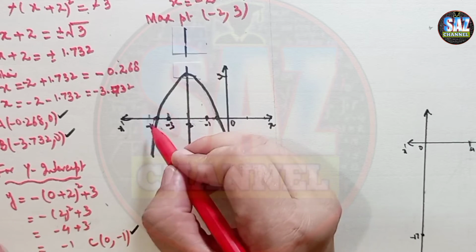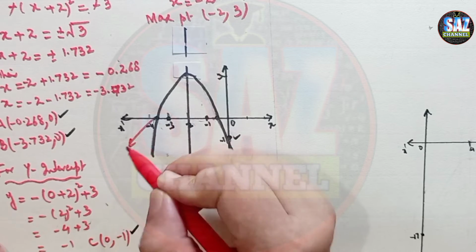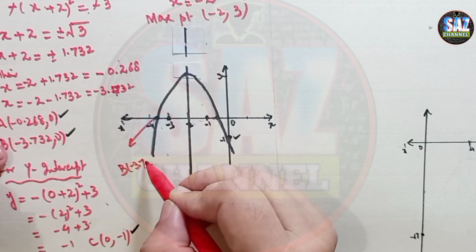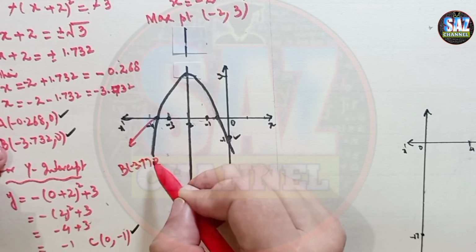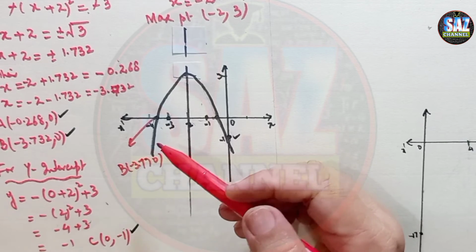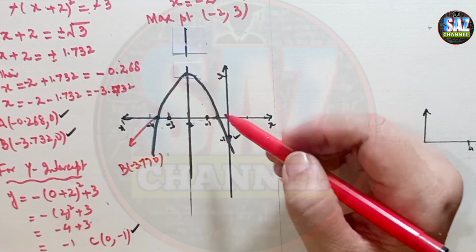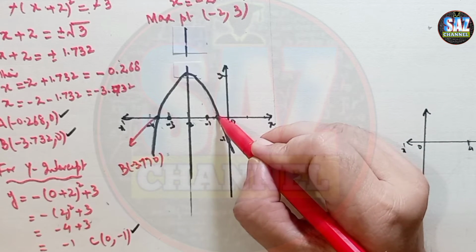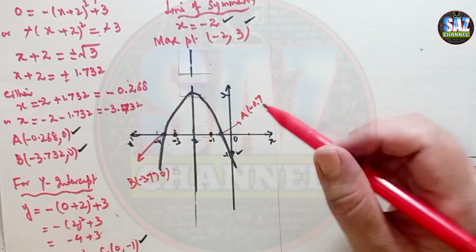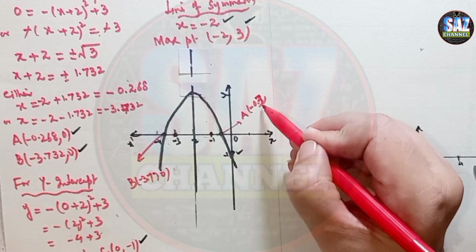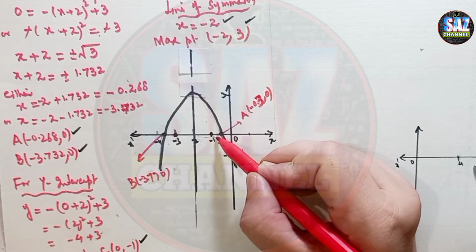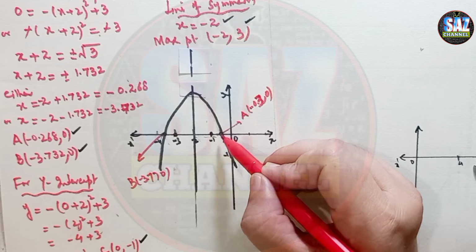This is minus 3.7, this is B point, and minus 3.77 and 0. I have taken it for the approximation purpose, and for more accuracy I have taken it 0.7. And same here, this is my A point. This 0.268 has been taken as 0.3 with 0. In this way I will have 0.7 units gap on this side and 1.7 from the line of symmetry.